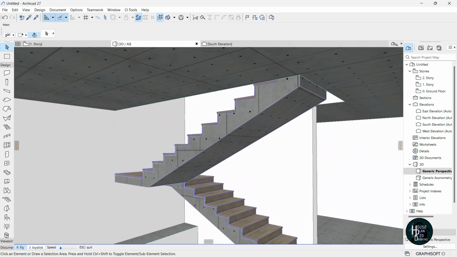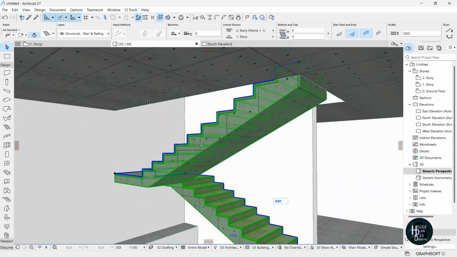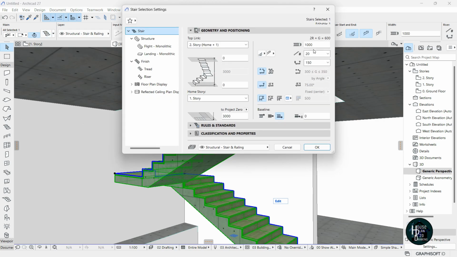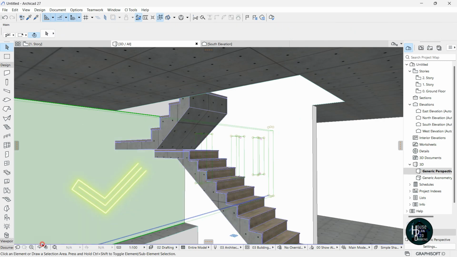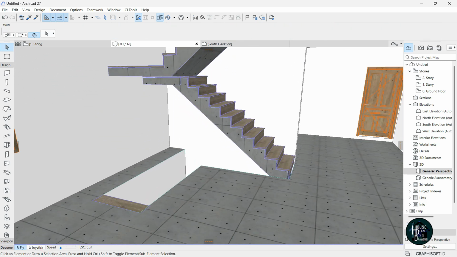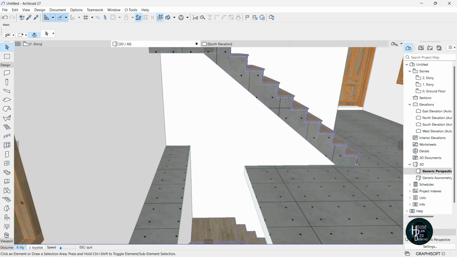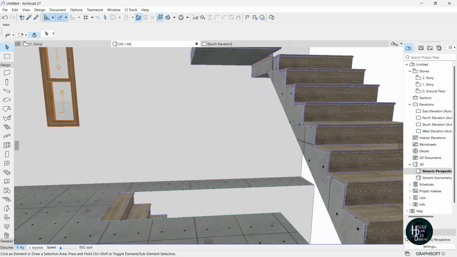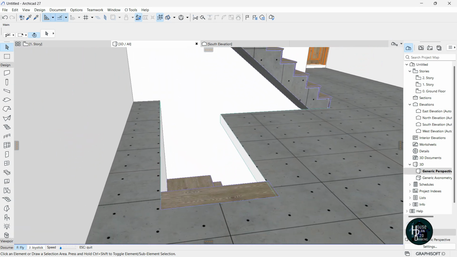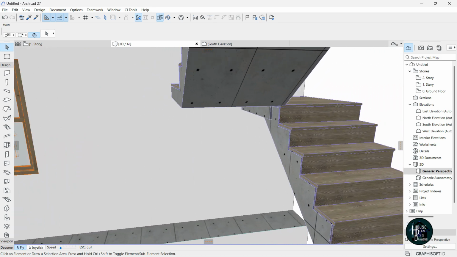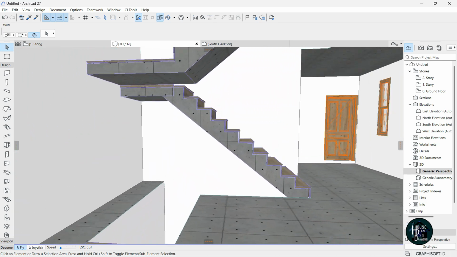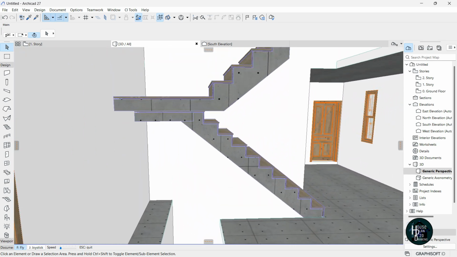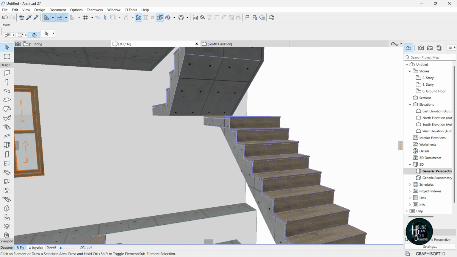Okay, so for us to change this, you can decide to click on the stair itself, click on the settings dialog, and decide to change this from 20 to be 15. You click on OK. So you're going to be having something like this. So you can decide to try and make sure you're not making mistakes. Okay, so that doesn't make the design to be bad. So that is why I'm saying that once you're doing your designs, you can decide to come to the 3D view so that they can be shown realistically, so you can really understand what you're trying to design,